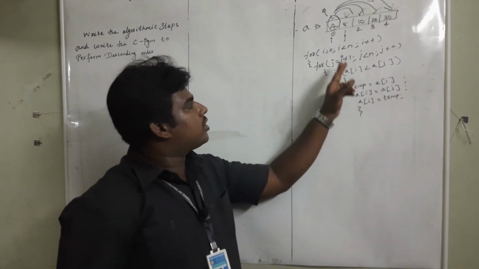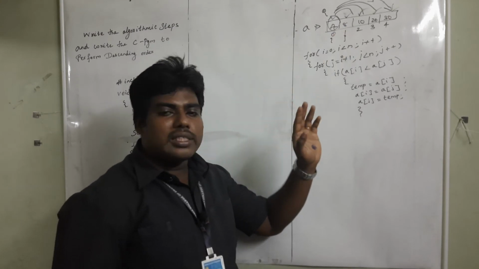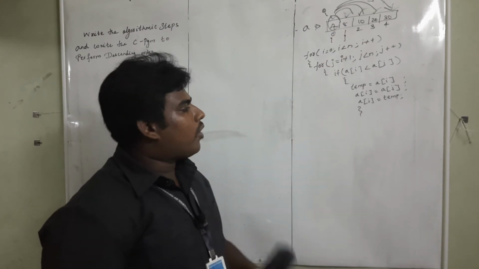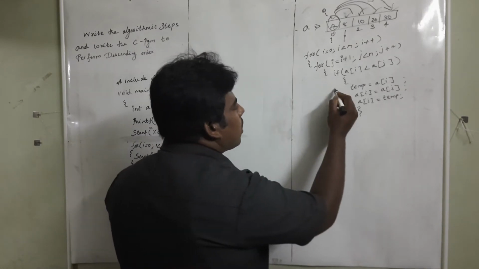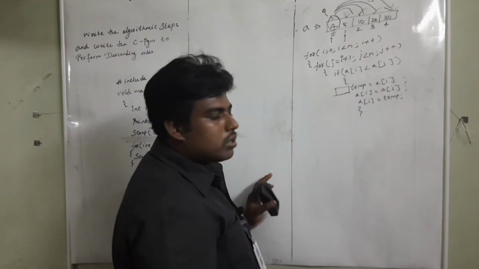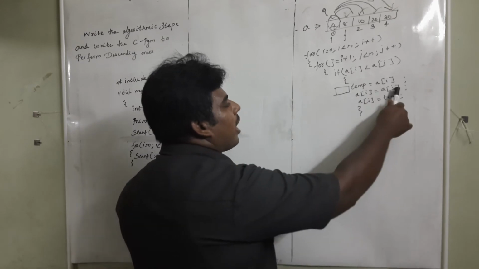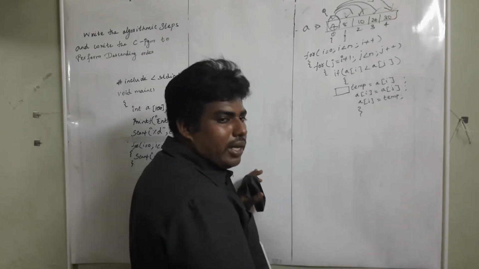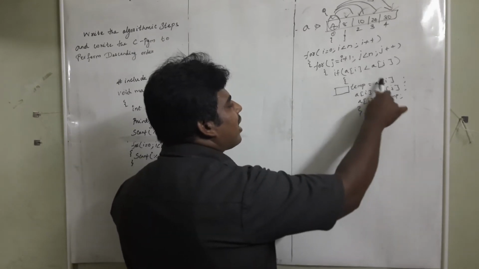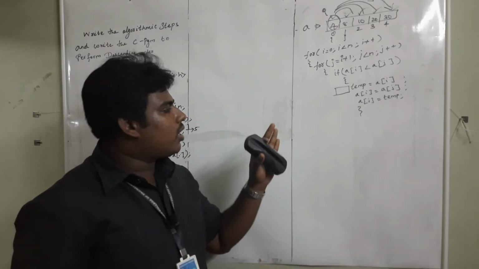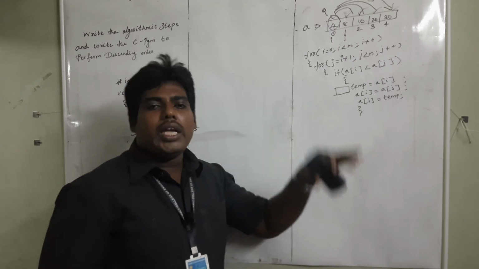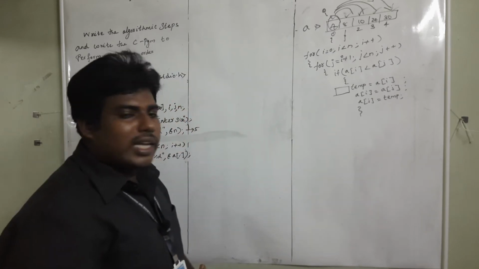So if this condition is true, if the first element is less than the second element, I want to swap it. For swapping I need another memory location. That's this temp. Okay. Then I put the j value to I place, and already the I value is stored in temp, right? It will be swapped here. I will manually execute and show, so you will get the clear idea.